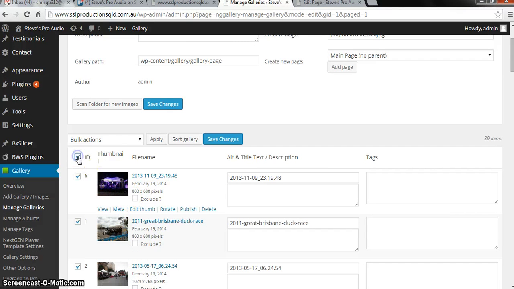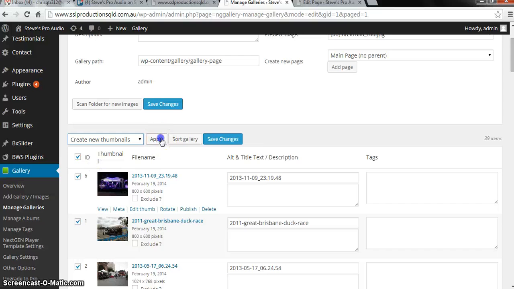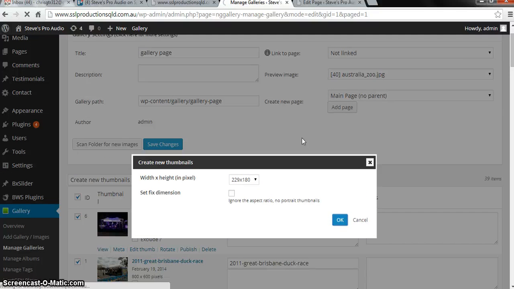Check all the images, then select create new thumbnails from the drop down menu and click apply. Then you can change the image thumbnail if you want. Then just click OK. It will then generate new thumbnails for the images.